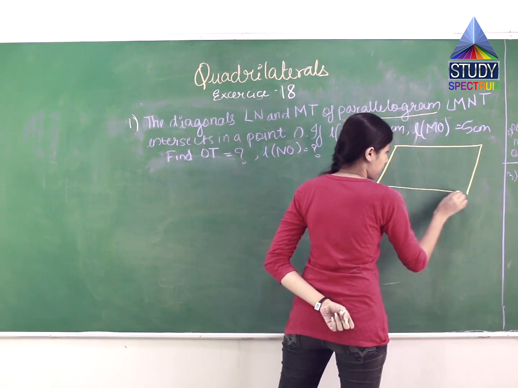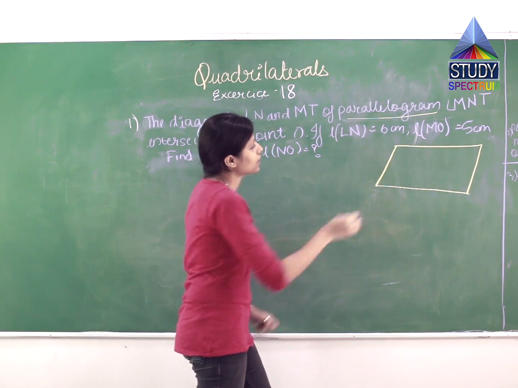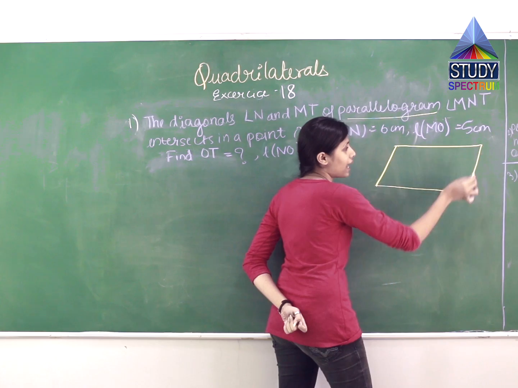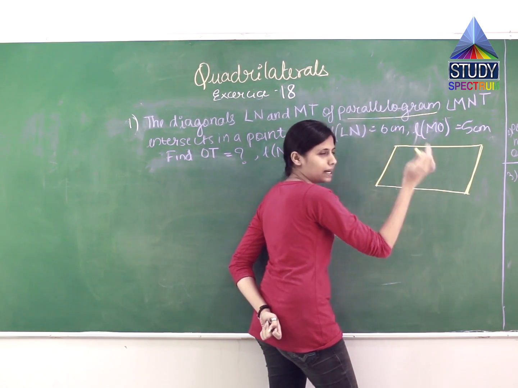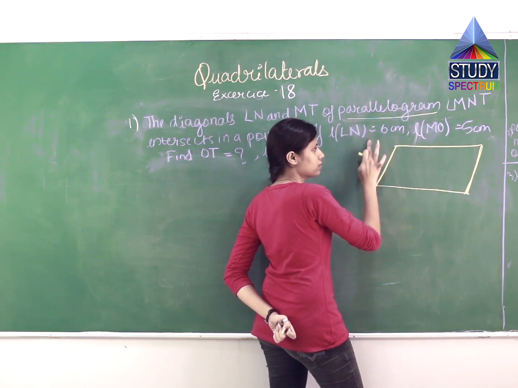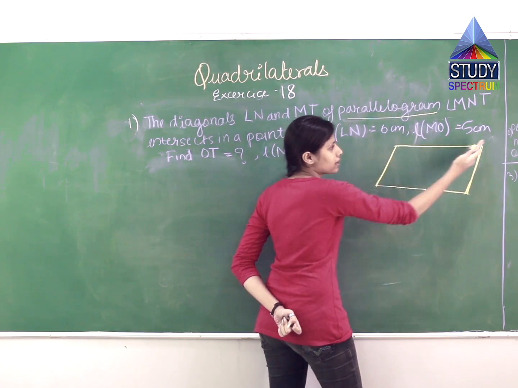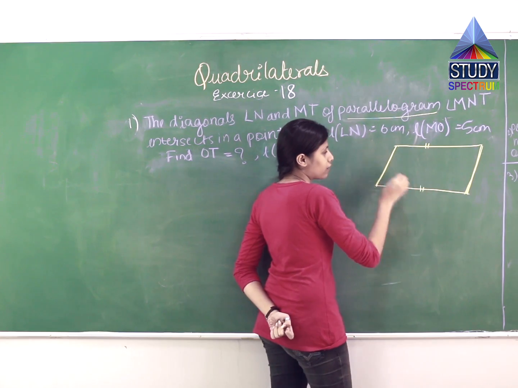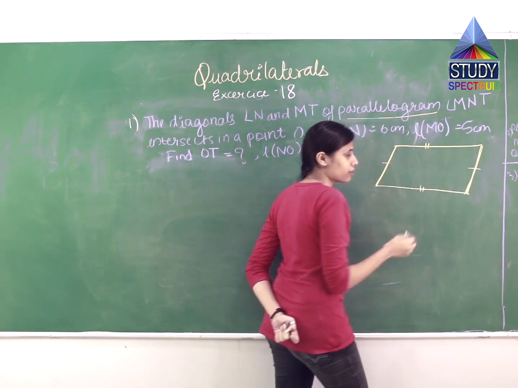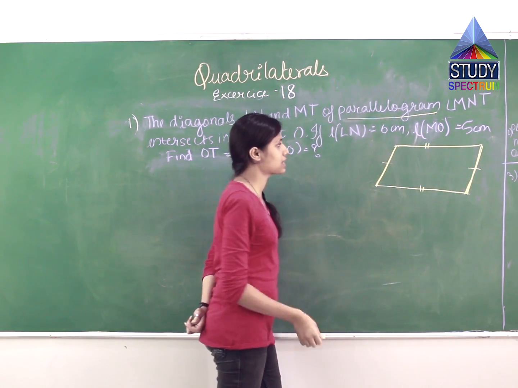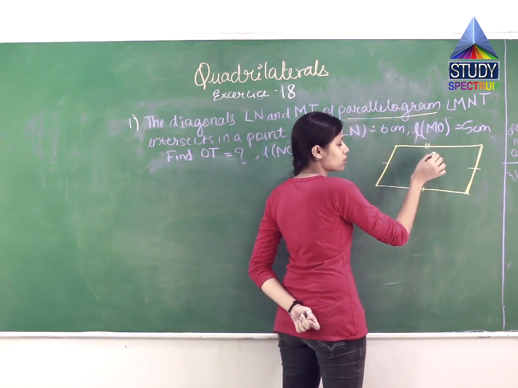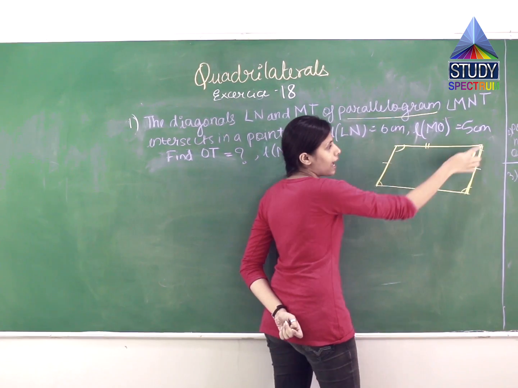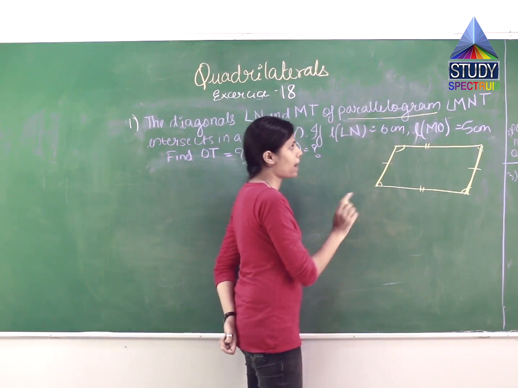This is a parallelogram. See, what are the features of a parallelogram? The lines are parallel to each other and the breadth lines are a bit slanted, not like a rectangle at 90 degrees. They have a slope, a bit inclined. So both of these are equal and both of these are equal. This is a feature of a parallelogram. Another feature of the parallelogram is that the opposite angles are congruent. Means both of these angles will be congruent and both of these angles are congruent. So this is a parallelogram.